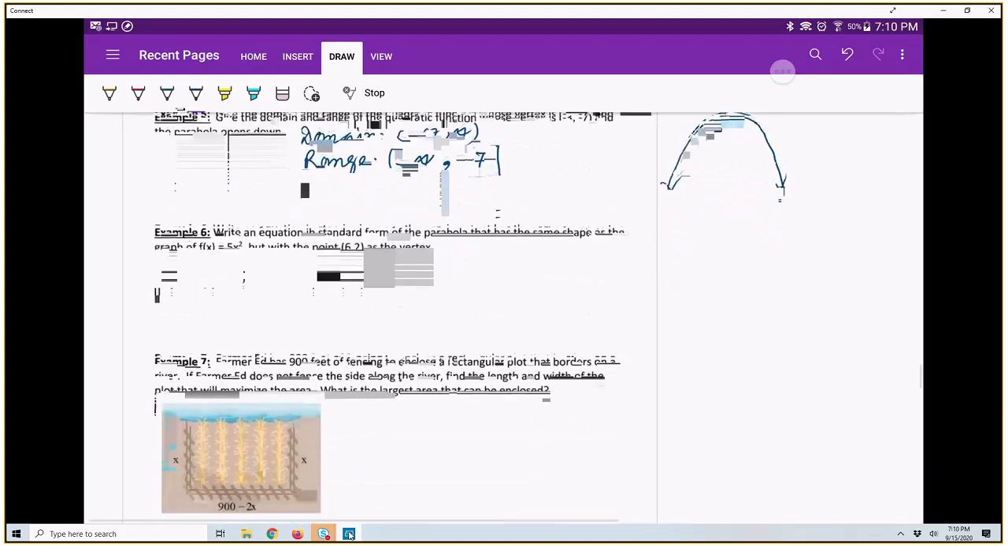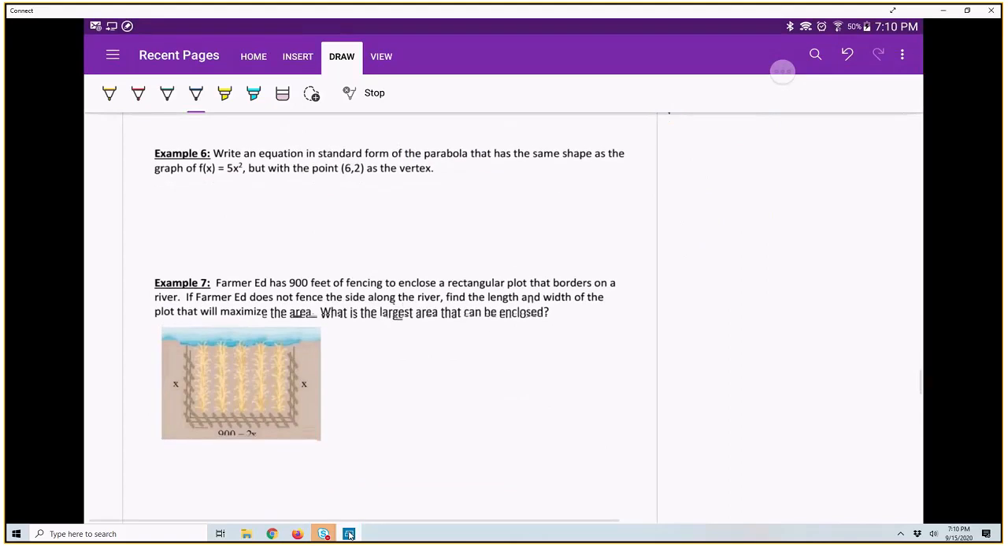Write an equation in the standard form, so the vertex form, a times (x minus h) squared plus k, where h and k are the vertex, of the parabola that has the same shape as the graph of f(x) equal to 5x squared, but the point (6, 2) as the vertex. Okay, so it should be pretty simple for us. We'll just go ahead and say that